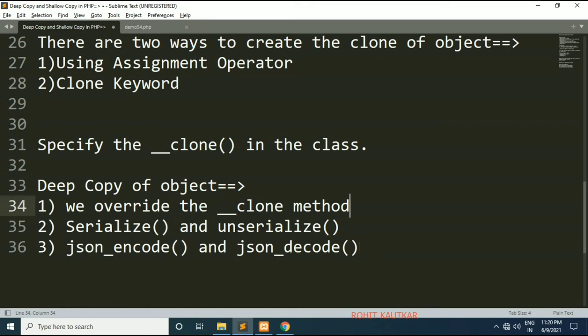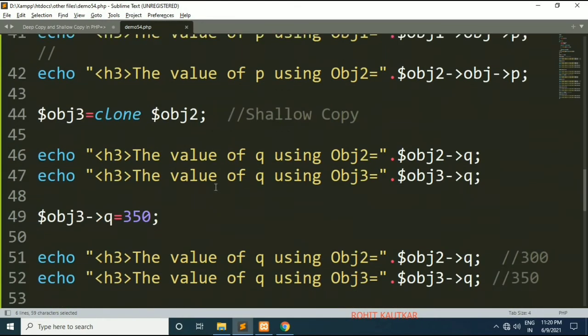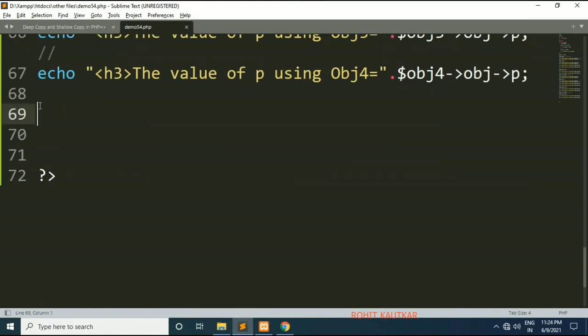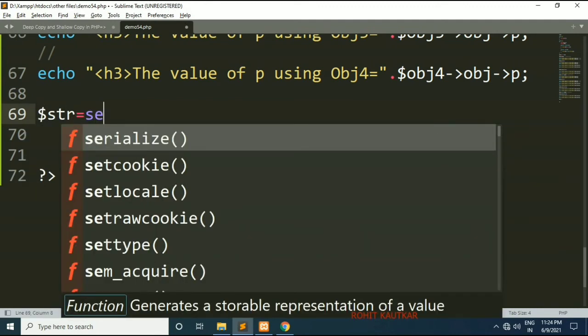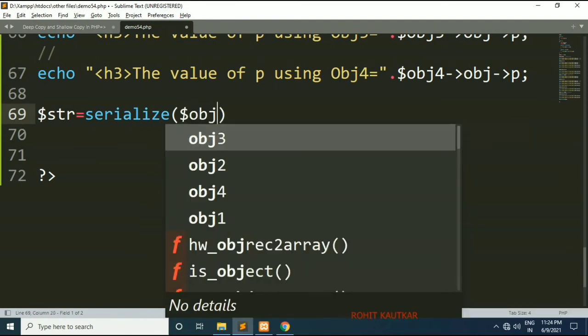So the first way we have seen already. I will now demonstrate how you can use the functions serialize and unserialize in order to create the deep copy. Here I will use the serialize function for achieving a deep copy of an object. So I will write str is equal to serialize and pass your object here, let's say obj4.